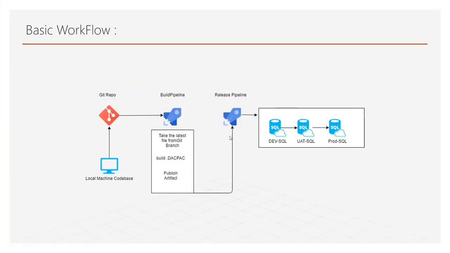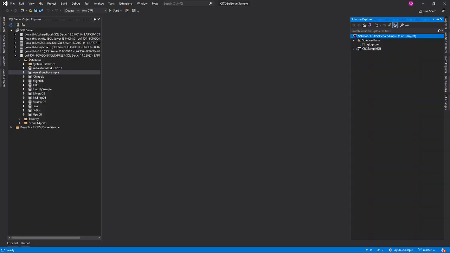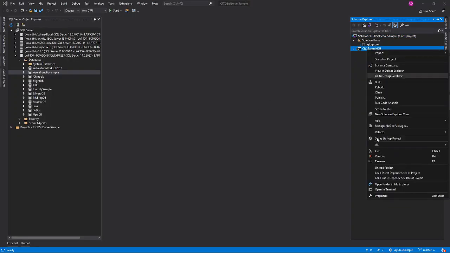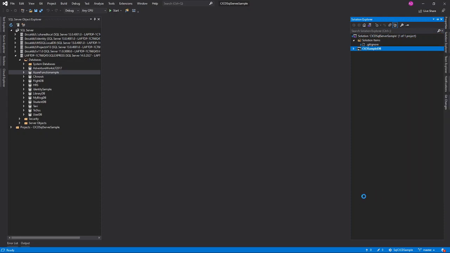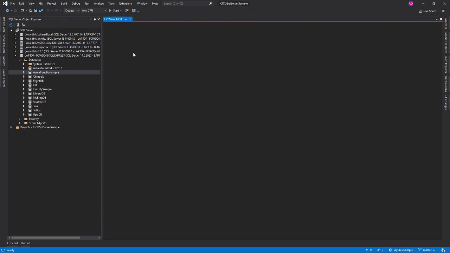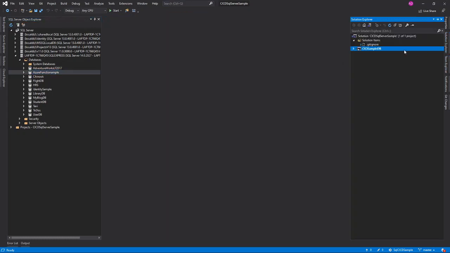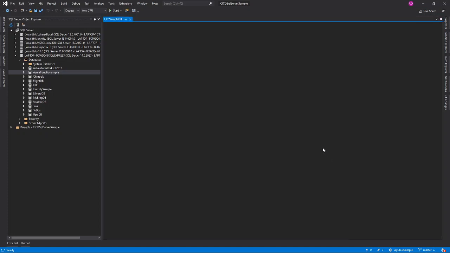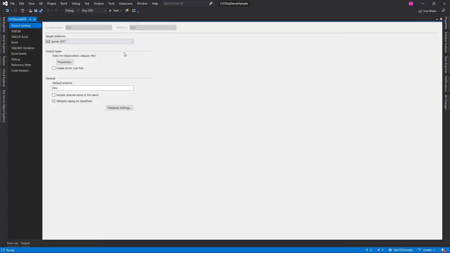What it tells is that SQL Server 2017 as the target platform cannot be published to the Microsoft Azure SQL database. If I go over here to my Visual Studio, I'll go to my SQL Server project, choose properties. Here it should be pointing towards SQL Server 2017, but it should point to Azure SQL database. Okay, now see, the target platform is SQL Server 2017. For that reason, Azure SQL Database would not be able to understand the .dacpac file.